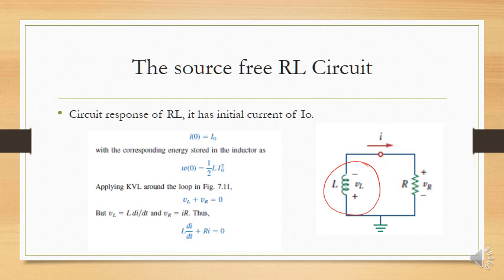So now what are we going to find out? We are going to find out the initial conditions in the form of current. First of all, at t equal to 0, or I of 0, what is our value? Our value is I naught, the initial current stored in the device. Energy formula same, previously studied. Now we are going to find out VL plus VR is equal to 0. The voltage drop across the inductor plus the voltage drop across the resistor is equal to 0. Now putting the values, L di over dt plus Ri, same type, same working, just the initial states are different.